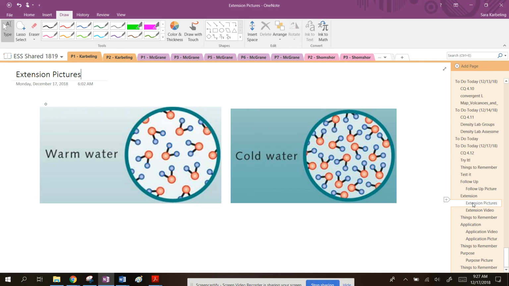There's warm water and cold water. Okay, so in warm water, the molecules or whatever are moving faster. So there's not as much in the space. But in cold water, they're more packed together because they're moving slower. Absolutely. Let's write down exactly what he said. So warm water, the molecules. So this is going to go in the compare. So the question is, which has a higher density? In the compare section,